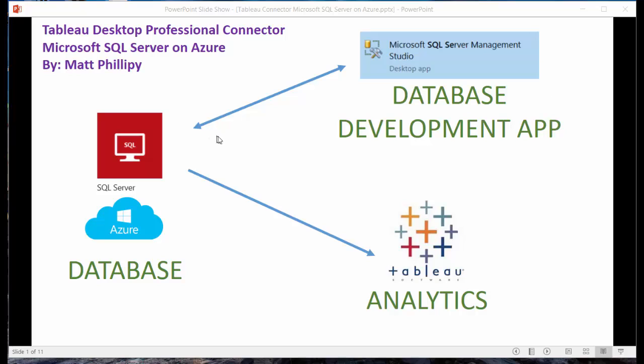Hi, my name is Matt Philippi, and this is a demo on how to connect Tableau to a SQL Server instance. High-level architecture here. We'll basically be using three apps: a database, SQL Server on an Azure VM, SQL Server Management Studio to create a database, put some data in there, and then Tableau to extract the data and create